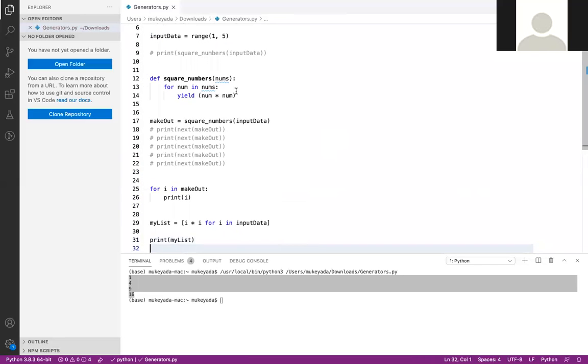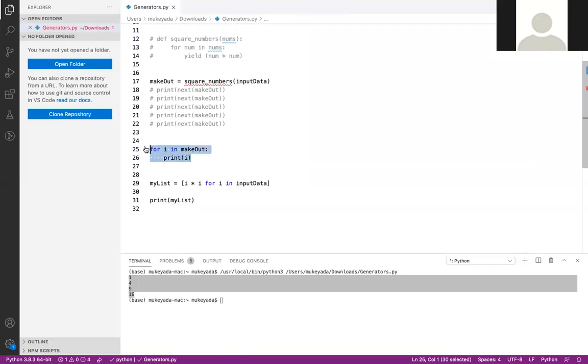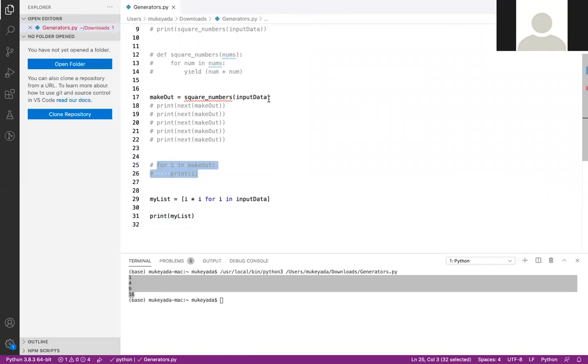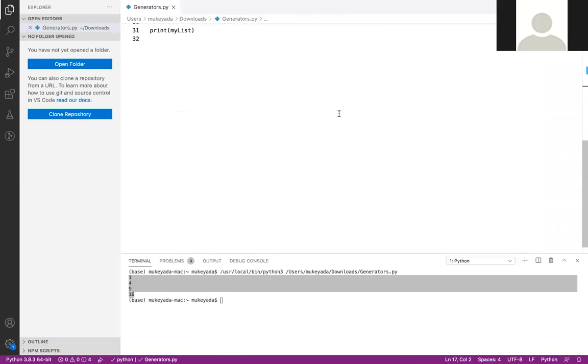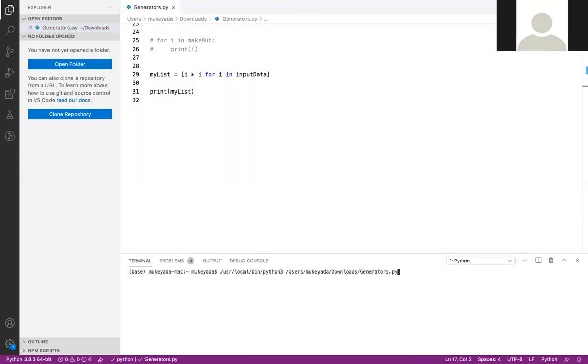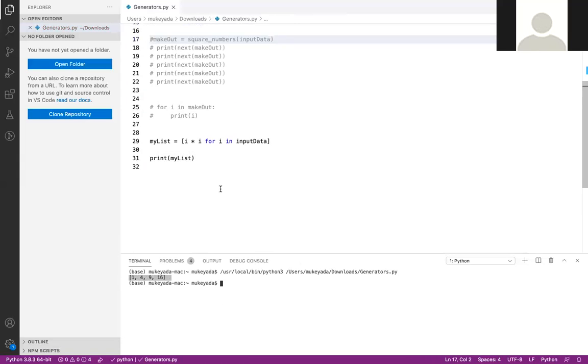Let me comment out this earlier code, also this one. Yes, so let me run it once again. Yeah, so here you can see 1, 4, 9, 16 we are getting.